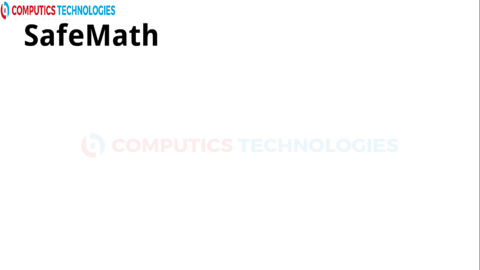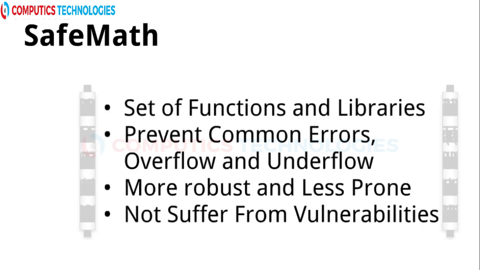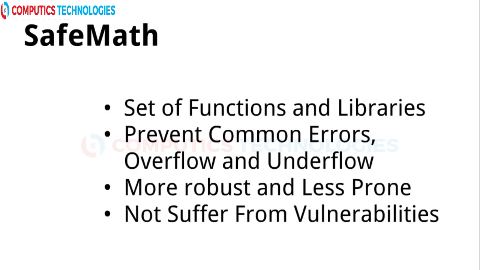In the Solidity programming language, SafeMath refers to a set of functions and libraries that are designed to help prevent common errors in arithmetic operations, such as overflow or underflow. These libraries provide a way to perform arithmetic operations in a way that is more robust and less prone to bugs, by automatically checking for overflow and underflow conditions and throwing an exception in the case that they occur. This helps to ensure that smart contracts that use these libraries will not suffer from unexpected errors or vulnerabilities caused